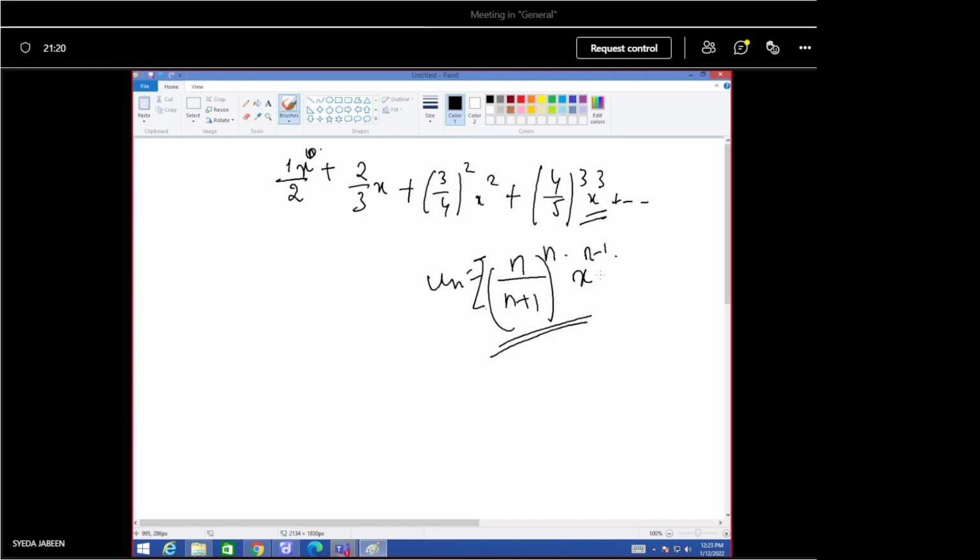अच्छा यहाँ पे can't we neglect the first term? Now we can neglect the first term 1 by 2 and then start from the second term 2 by 3. ठीक है, हमने थ्योरी बताए थे, यू कैन टेस्ट द कन्वर्जेंस और डाइवर्जेंस इफ यू नेग्लेक्ट अ स्मॉल पोर्शन ऑफ द टर्म. मतलब अगर ये इन्फिनिटी में जा रहा है तो इन्फिनिटी में अगर कोई नंबर भी ऐड करेंगे तो इन्फिनिटी में ही जाएगा ना. अगर ये कन्वर्ज कर रहा है, अगर हम उसमें कोई नंबर ऐड करेंगे तो वो भी एक फाइनाइट वैल्यू हो रहा है. ठीक है, तो इसको हम अगर ऑमिट कर देते हैं और यहाँ से शुरू करते हैं